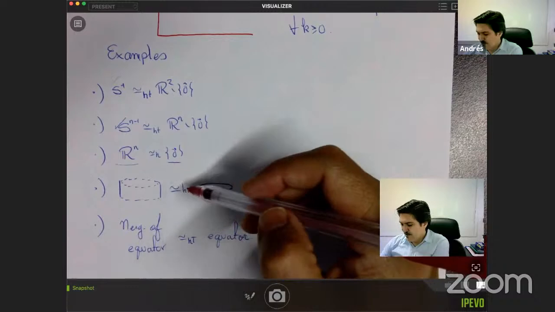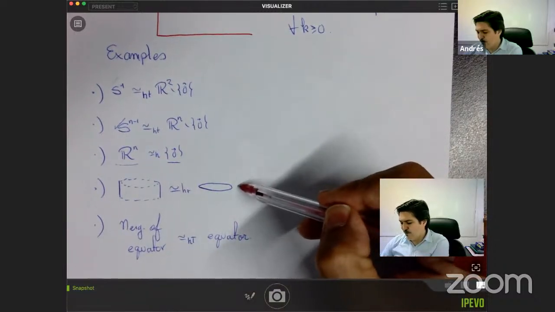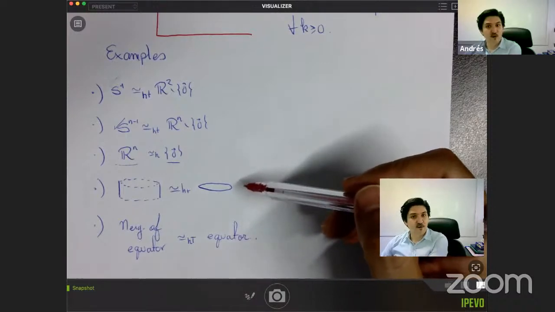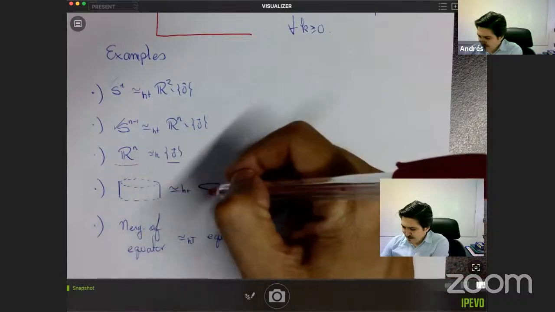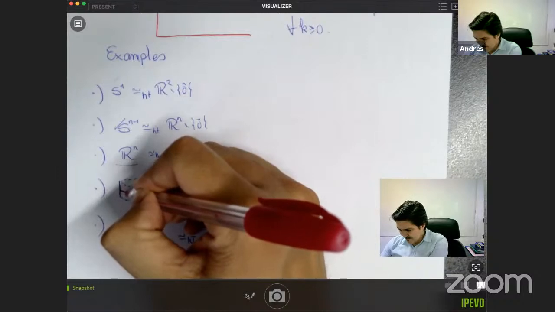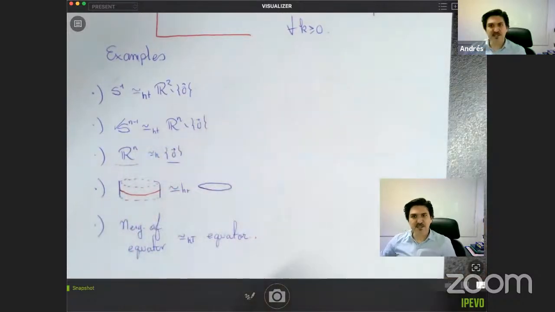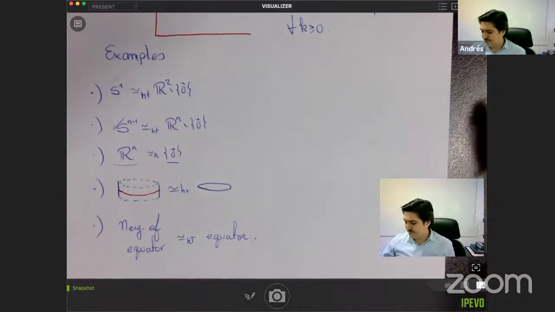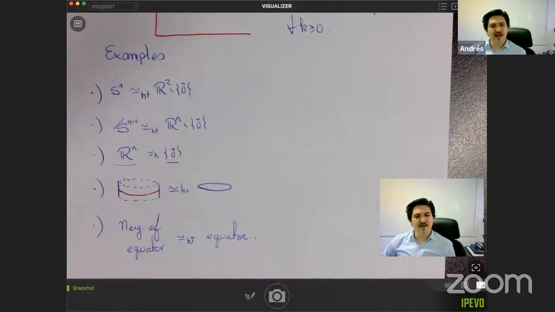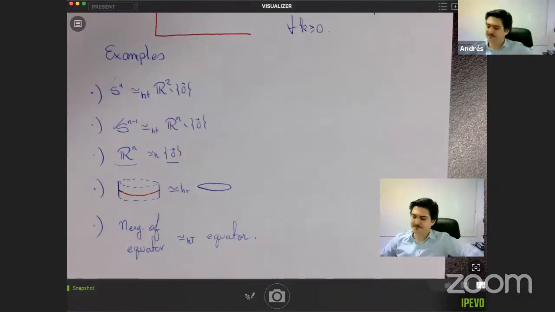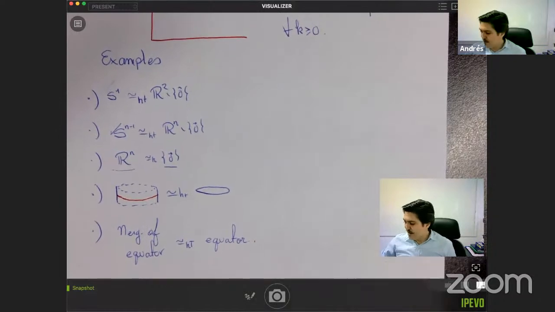Now, the way that we proved this, we actually wrote down the homotopy map. But we usually think of this circle inside a cylinder, okay? And the homotopy map was like a picture, an animation shrinking everything to the equator. Okay, now